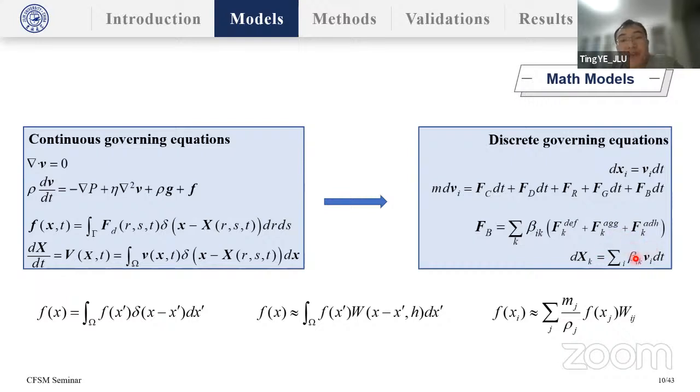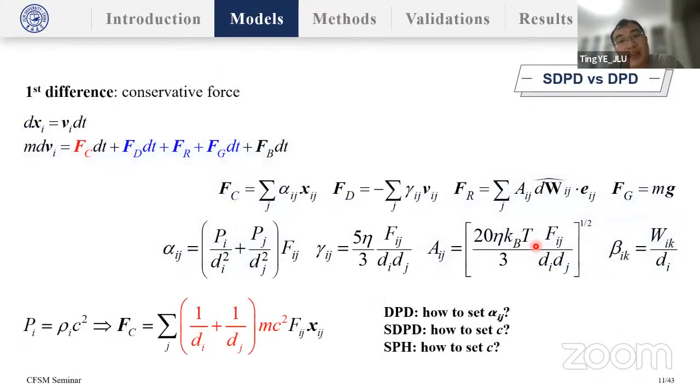The fourth equation reflects the action of fluid on cell. Vi is fluid velocity, so we use this fluid velocity to update the cell memory. Xk is cell memory, reflecting the action of fluid on the cell. Here I don't introduce the derivation of the SDPD framework, but focus on the difference between